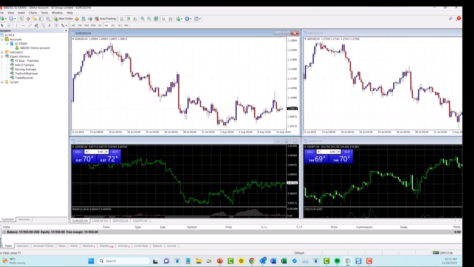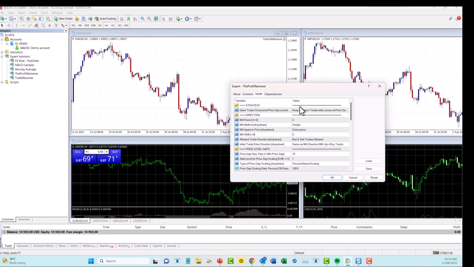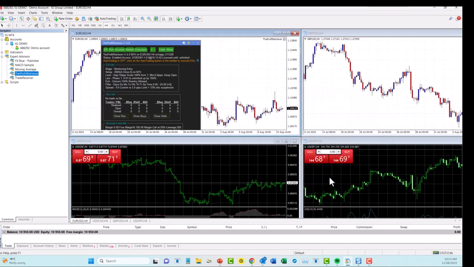So now let's say I'm ready to load my EA, and I'm going to load the Profit Retriever. There it is. I'm going to pull it in there. I'm going to allow live trading, allow DLLs, and go with the default settings. And there it is. Okay, it's saying auto trading is off, which is right. We don't want to start auto trading yet. But essentially, I've now set it up to trade the EUR/USD, and